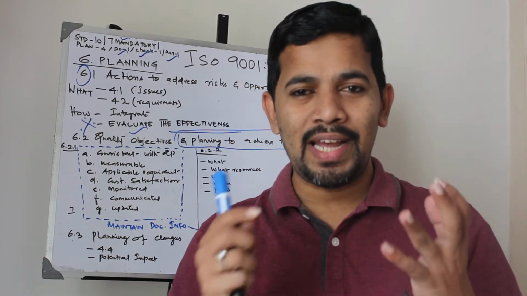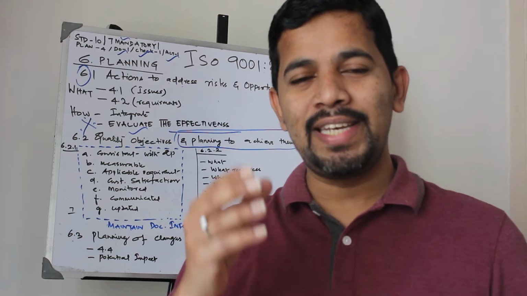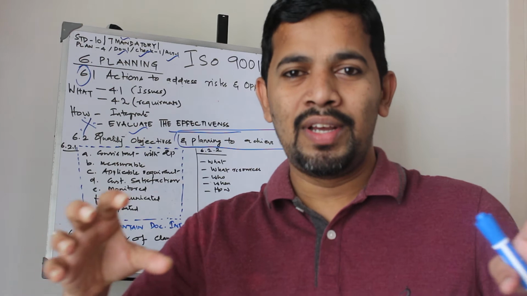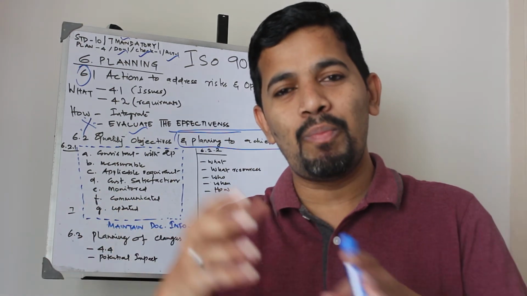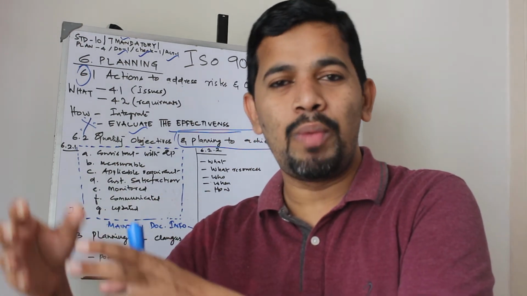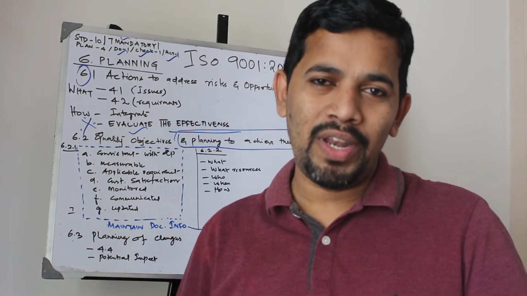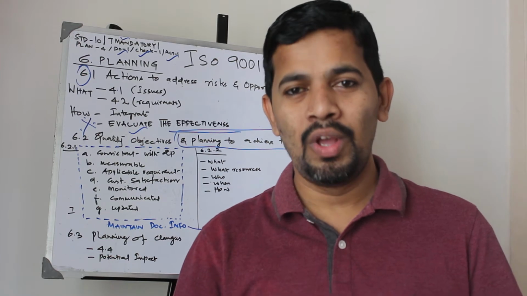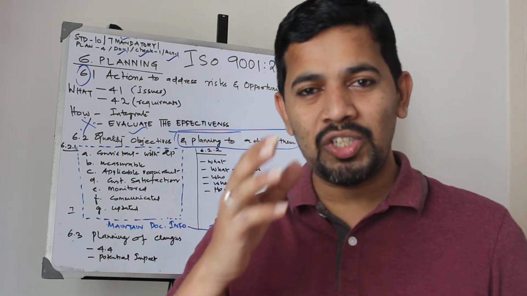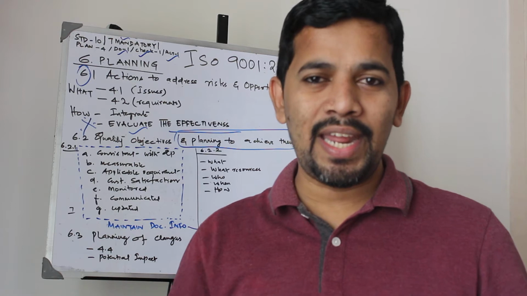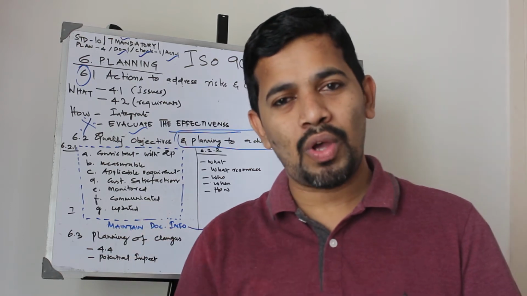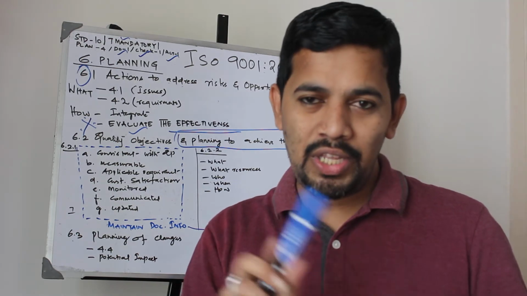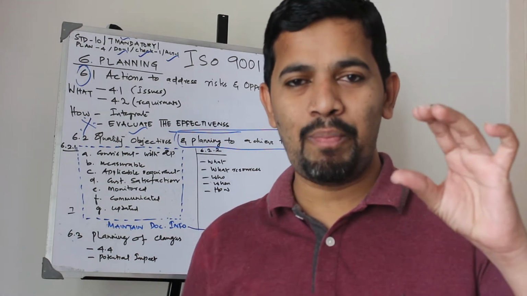You all remember class number 5.1, that is leadership and commitment, and it gives 2 small subclasses, 5.1.1 and 5.1.2. In 5.1.1 we saw the general requirement, what the top management shall do. We also saw that the top management shall demonstrate various things, 10 elements we saw. And then the next point is 5.1.2, that is customer focus. So these 2 things we saw in 5.1.